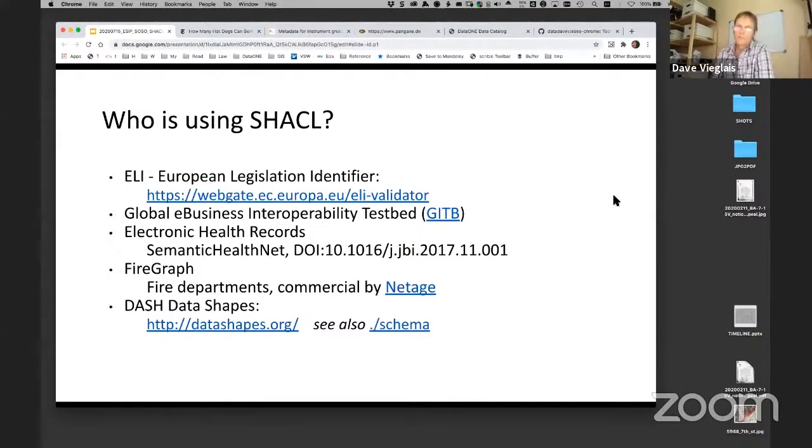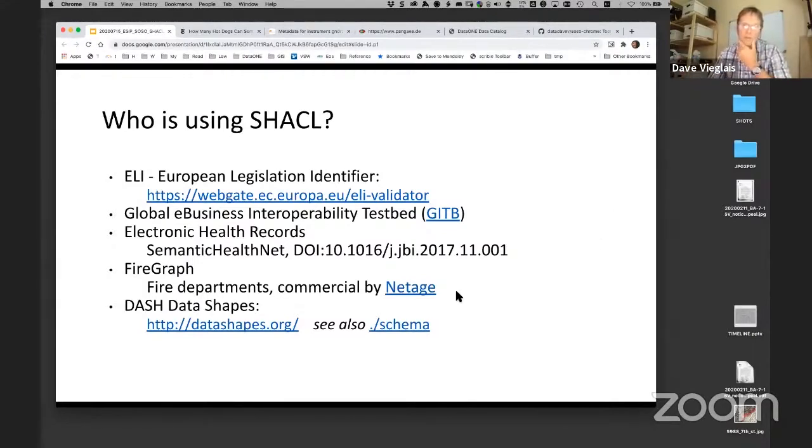They've made extensive use of SHACL, so that basically all these legal documents that are being provided from different members of the EU, they all conform to SHACL shapes, and so they're very easy to ingest and process into various systems. Similarly with this e-business interoperability testbed, there's a lot of activity that's ongoing in health records for sharing information between institutions and between different instruments and so forth.